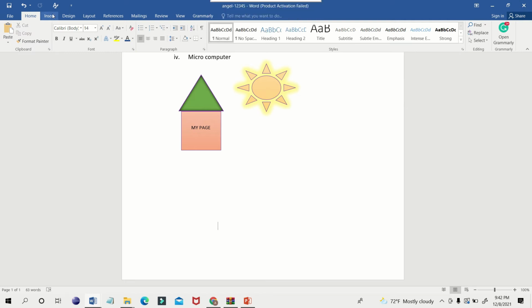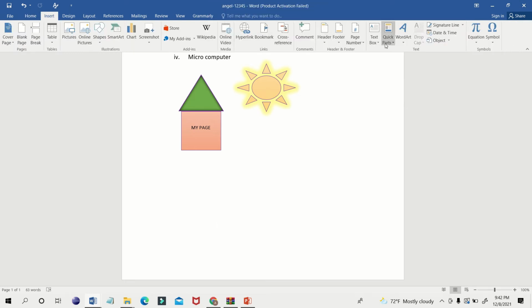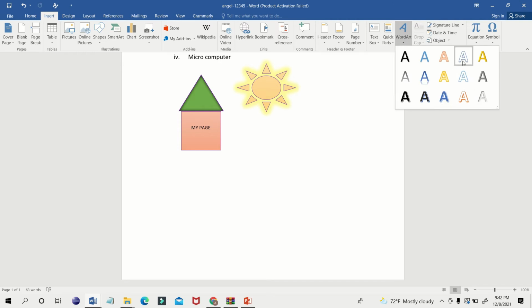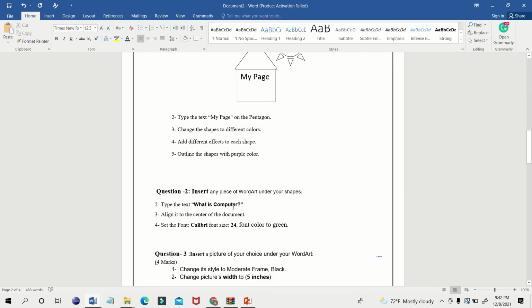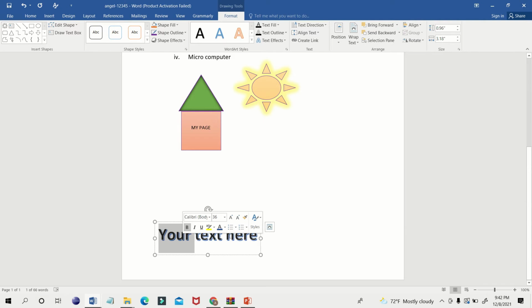So how to insert a word art? Insert, word art. Here you have a word art, so you can choose any word art. I'm selecting this one, and what I have to write here is, what is computer?